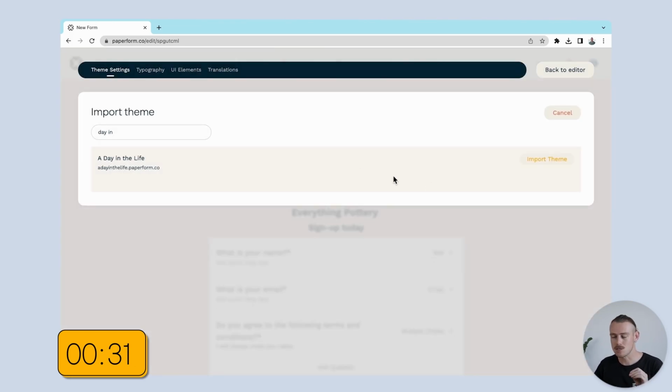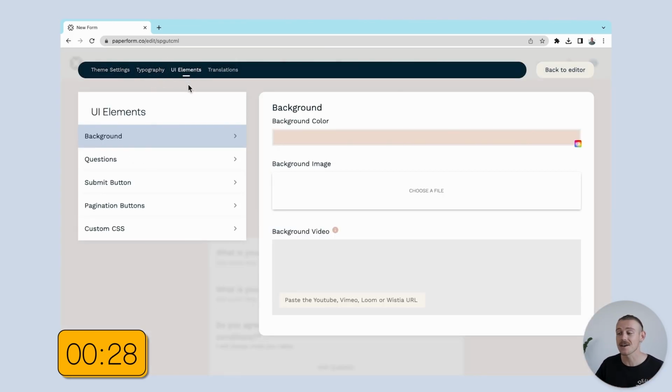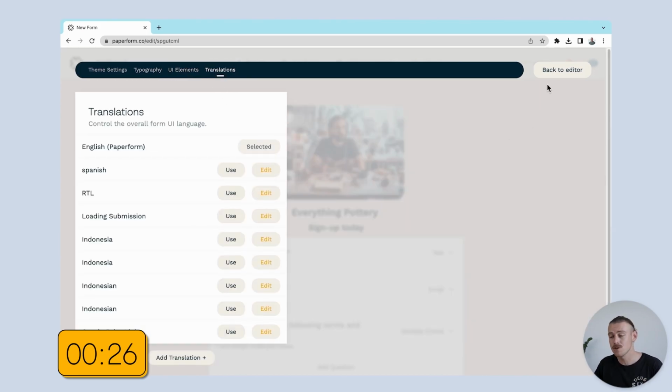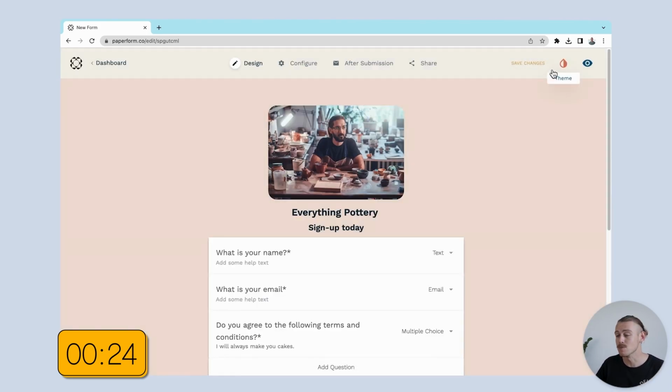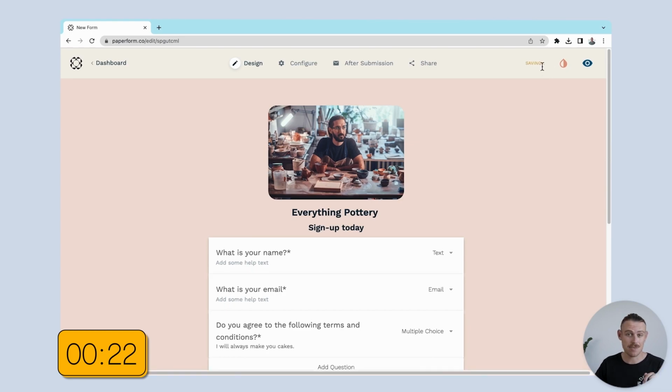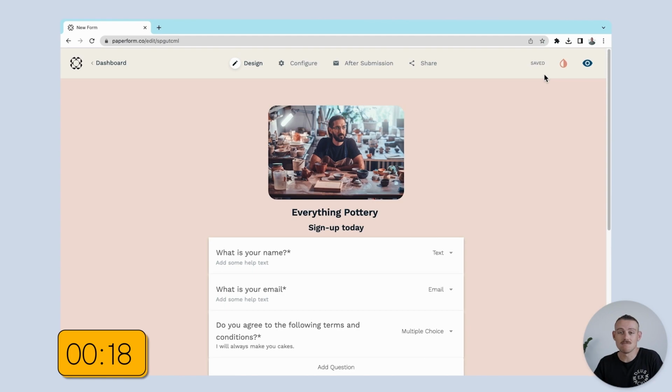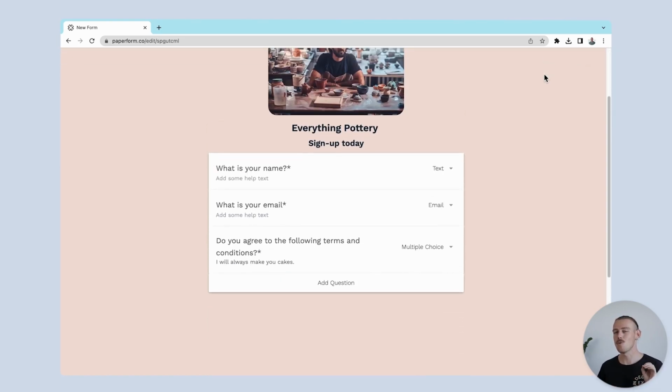Now, make sure to explore the theme editor and see how you can customize your form, whether it be the font or the look and feel of your form's buttons. I'll link our theme guide to the description of this video, so check that out. And there you have it. We're done. That's a basic sign-up form built, fast and easy, but we're just scratching the surface of what's possible